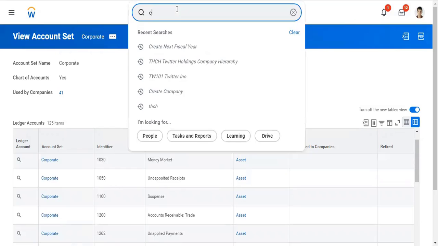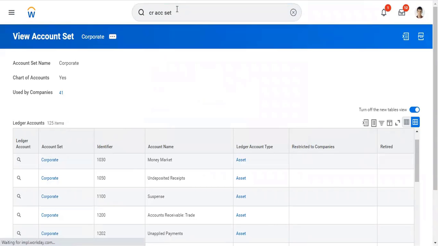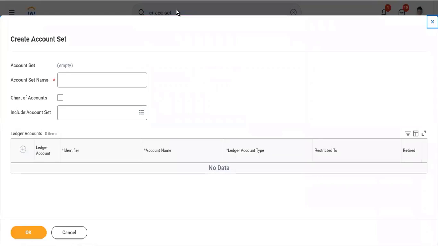Very easy. Create account set. Now we'll give an account set name. Let's say test 01. If this is a parent chart of account or parent account set, then you can include a child account set also from here. Let's say